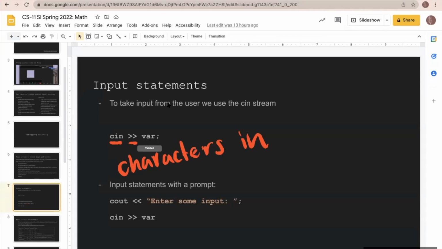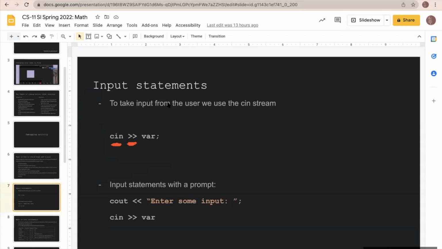So for cout, we write cout and they go this way. For cin, they go the other way. And if you mix those up, as we just saw, that does create an error. And this input statement takes input from the console, from the user, and whatever they input is going to get stored in the variable that you specify right here. So the syntax is the word cin, followed by these operators right here, and then whatever variable you want to take input for. I know Steve went over those in class, so I don't want to go in too much depth about that,